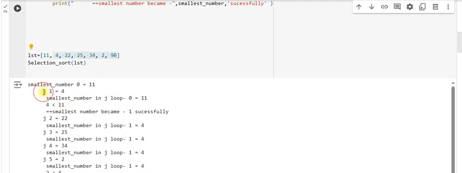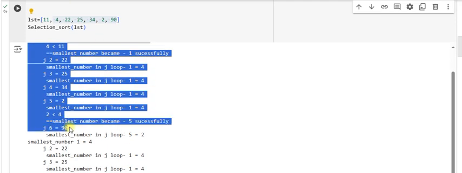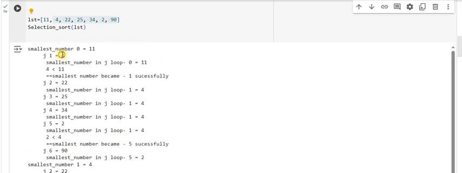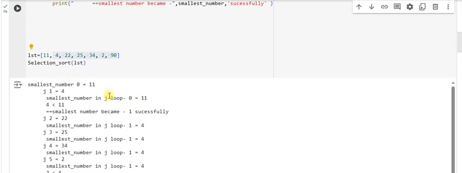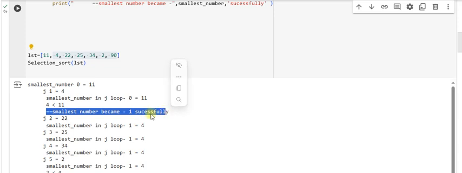So we can see j is looping all of this, like from 4 to 90, right? And then we can see the smallest number in the j loop is still 11, and then this is true,